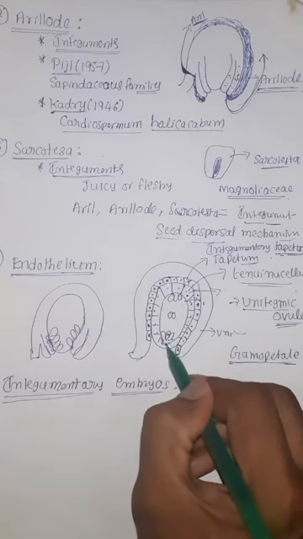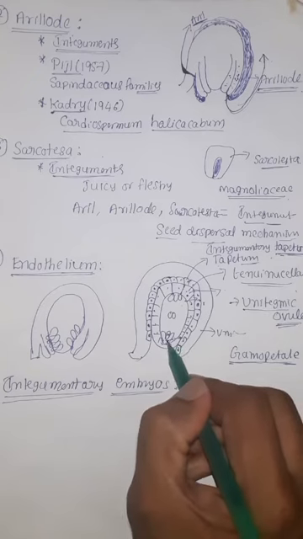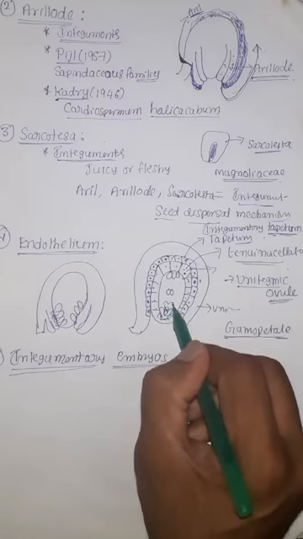Here in the embryo sac, usually we can see the egg apparatus in the micropylar region. From the egg cell, in the latter stage, we can see embryo development. This is the usual phenomenon. But in addition to that, in some plants the cells from the inner integuments, which are very close to the micropyle, start to grow mitotically and form embryo-like structures.